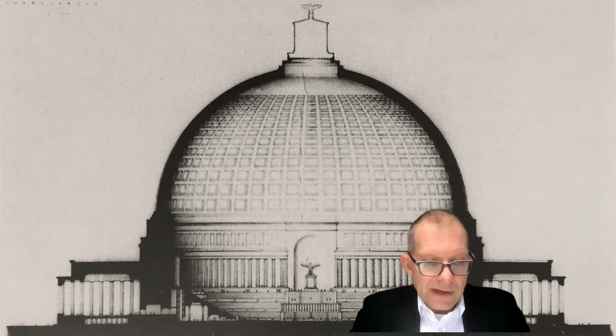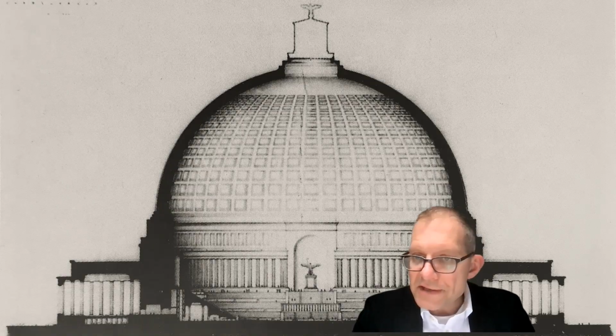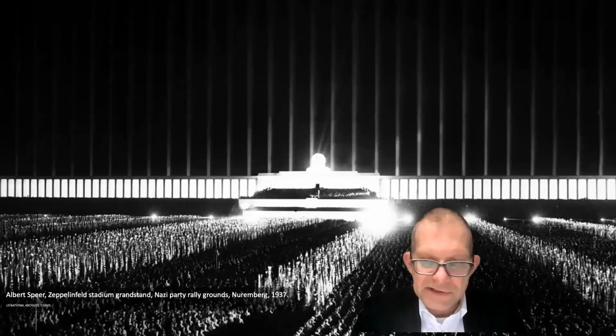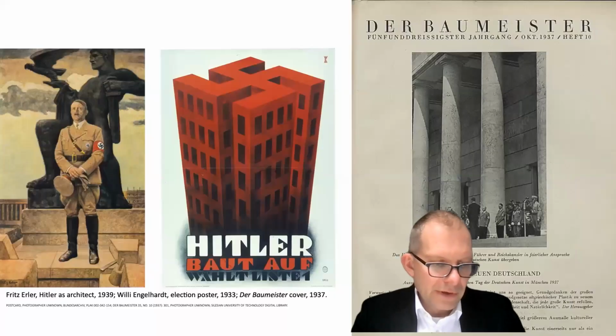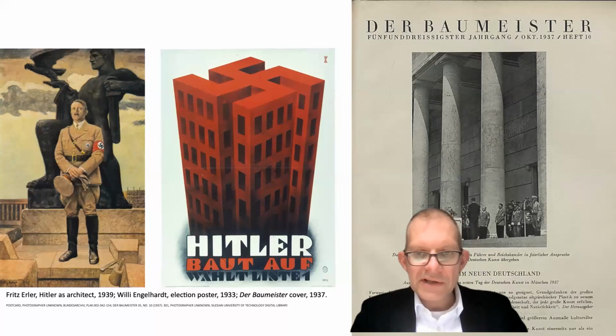Which brings us to the architectural climax of Speer's career, perhaps the clearest articulation of National Socialism's architectural aspirations. And we're moving here from temple to cathedral, from classical to Gothic. This is his so-called Cathedral of Light, Lichtdom, for the Nuremberg Zeppelinfeld, a space designed to nurture the public ceremonies of the Nazi Party during the years leading up to World War II. A 1937 issue of the journal Der Baumeister, the architect, documents a speech by Hitler, immediately followed by a report on progress at Nuremberg. I quote,